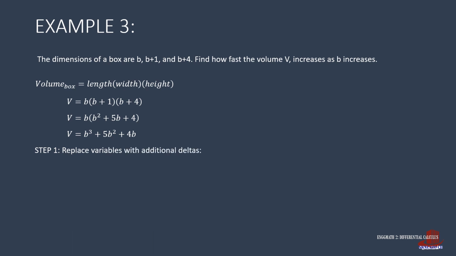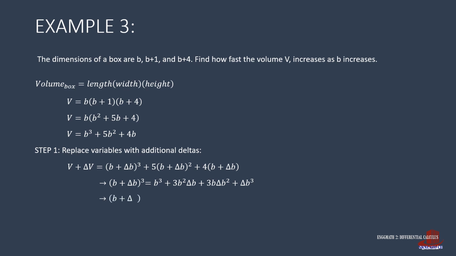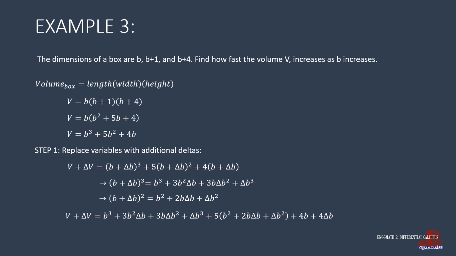So with step 1, all V's turn into V plus delta V, and all B's turn into B plus delta B. Our next move is to eliminate groupings, so we expand quantities. For B plus delta B cubed, we use the coefficients 1, 3, 3, 1. And B plus delta B squared gives 1, 2, and 1. Place these terms all together in a single equation, and distribute 5 into the quantity to come up with V